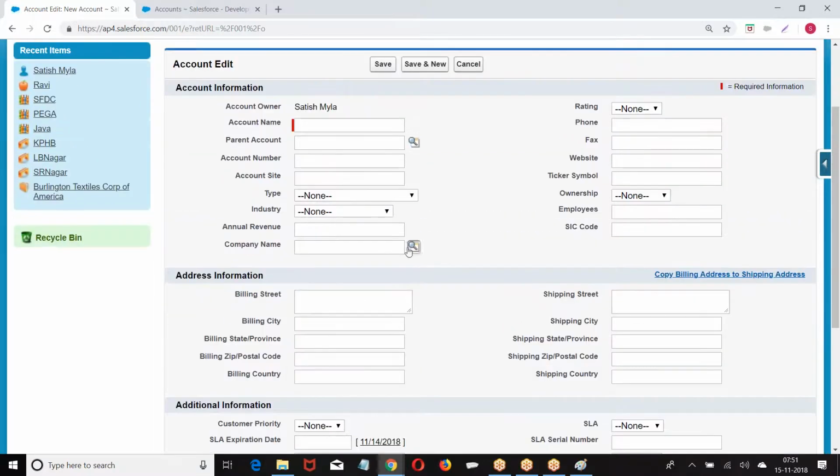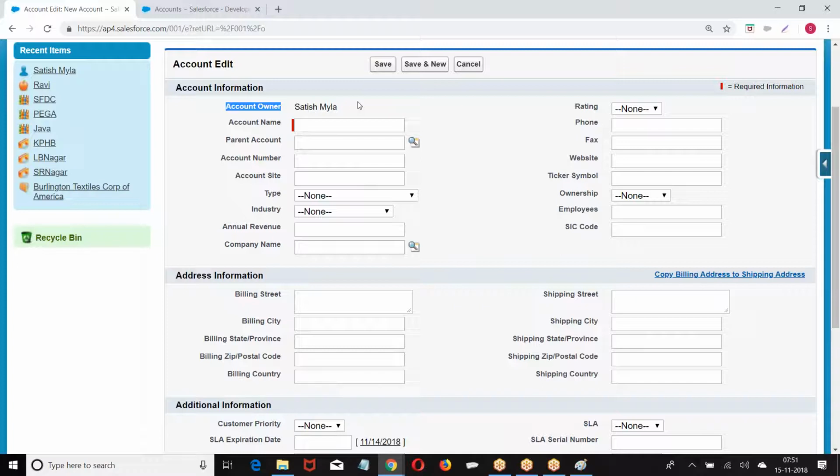Okay. Now when I create a lookup field, you still have the owner field. If you create the lookup field, the owner field will not be lost. So the child will have its own owner, and the parent will have its own owner. In master detail, the child owner and parent owner will be the same. Whoever is the owner of the parent is the owner of the child. But in lookup, the child has its own owner, and the parent has its own owner. I hope you are good.